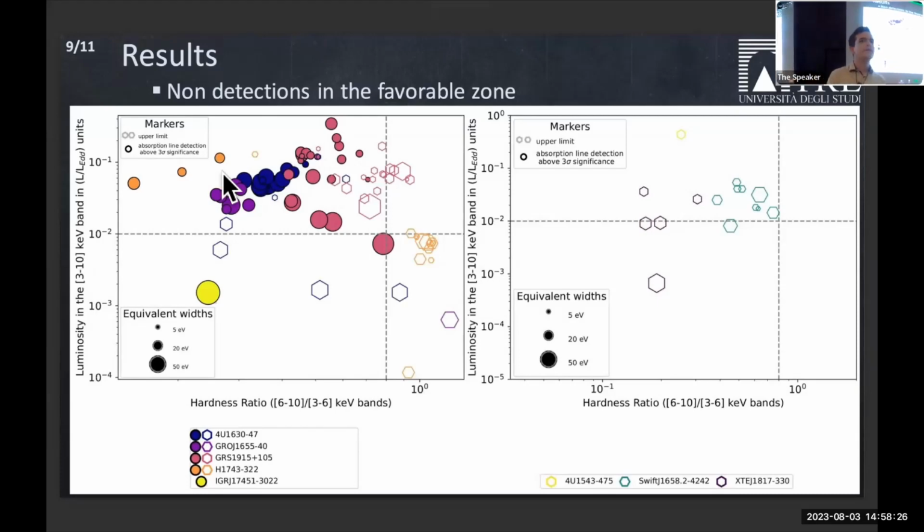If you have, let's say, conditions for you to see the lines, and then you see the lines in one observation and you do not see them, with a very different equivalent width or lack of equivalent width, in another observation, this means that your outflow has changed. If your HID position, ionization parameter, or your stability curve is almost the same, your outflow must be the one to change. And so you can see here that there are very constraining upper limits for almost all of the sources for which you have lines. Each and every one of them is an interesting point for which to apply MHD driving or thermal driving, to compare the evolution of the physical parameters you get from applying these models